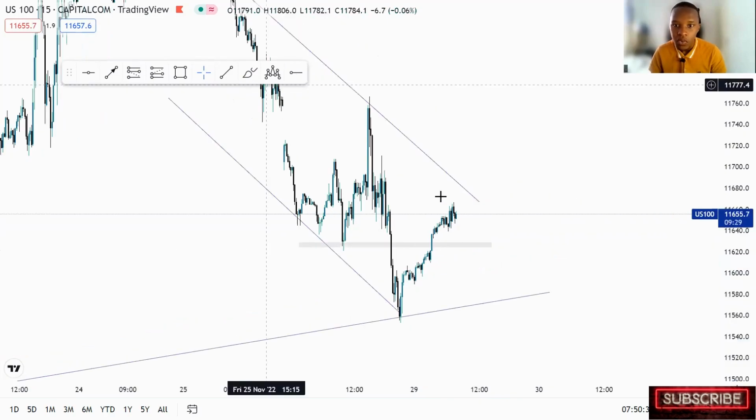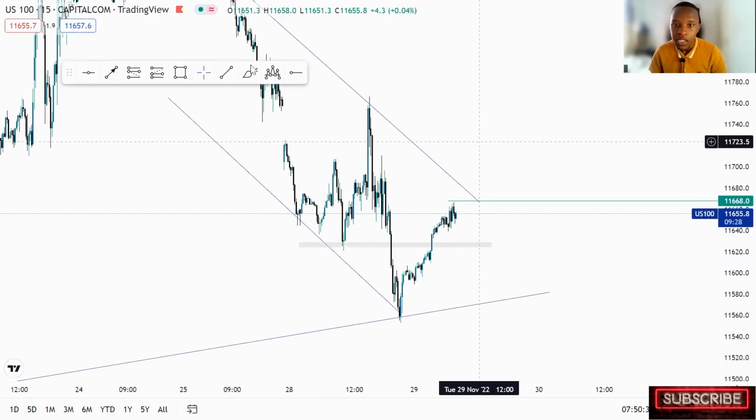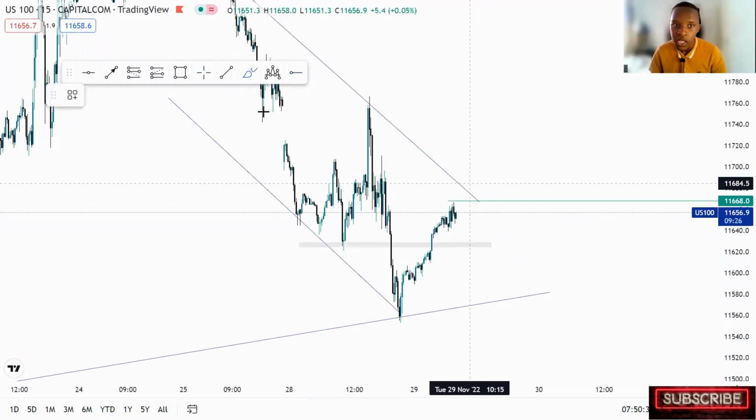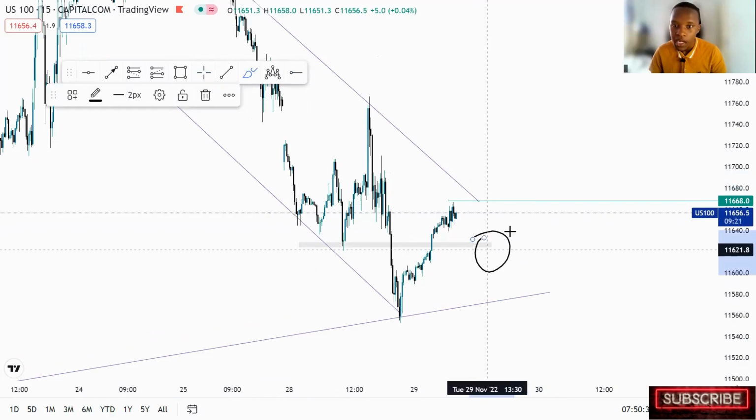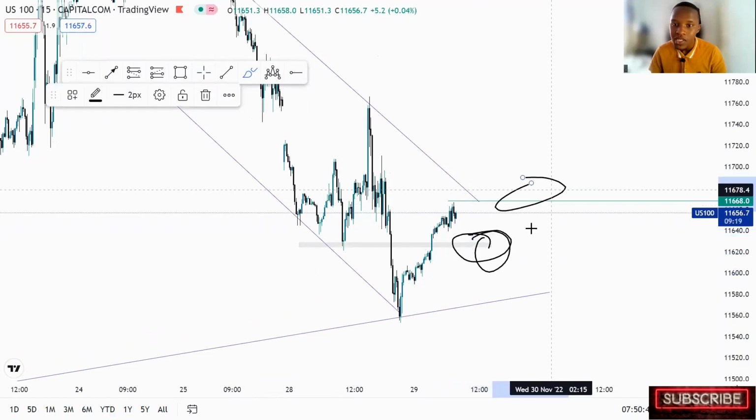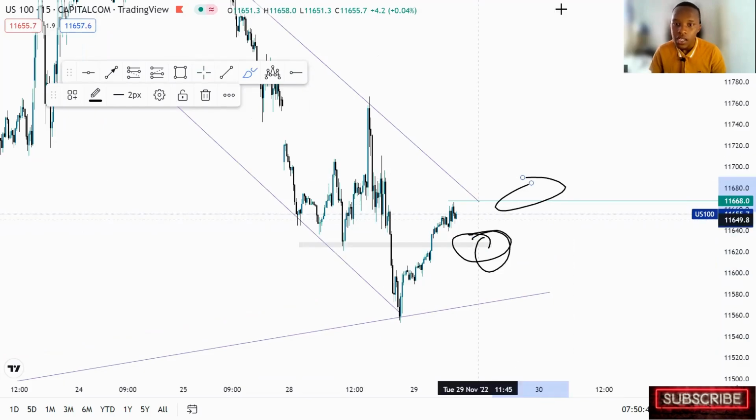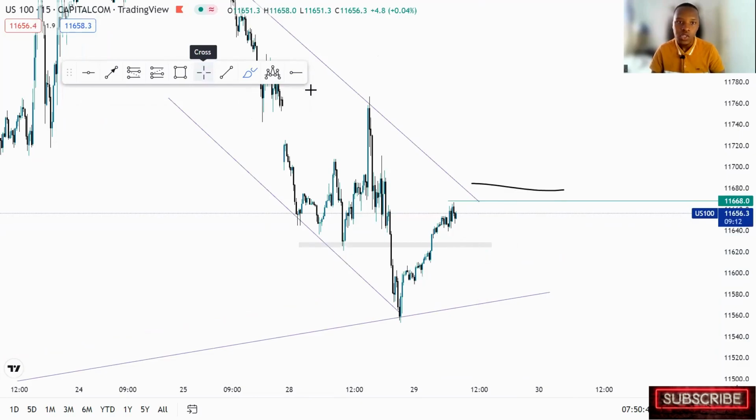Or maybe when it breaks that one, meaning that you can use a buy stop somewhere there, or just wait for it to come here, and then you can buy either from here or from there, which is at the break of that level. And it's only then that you're gonna know that NASDAQ is gonna go to the upside, because it's not of high importance for me to tell you this is what I see, and also not giving you